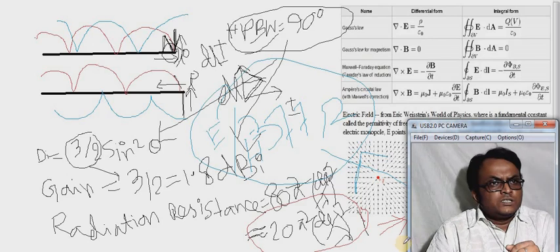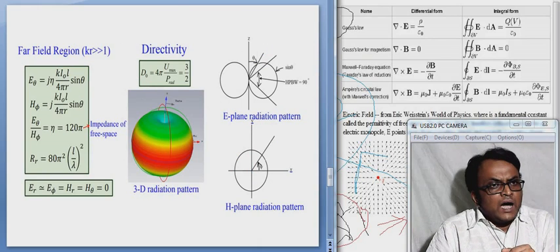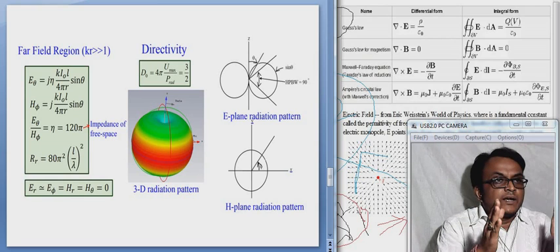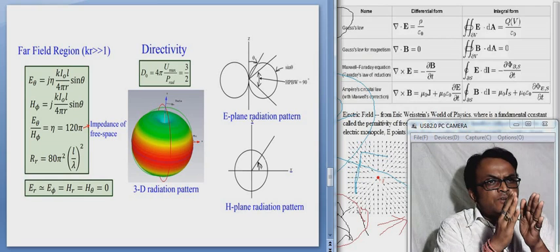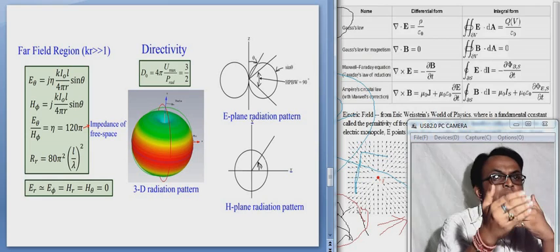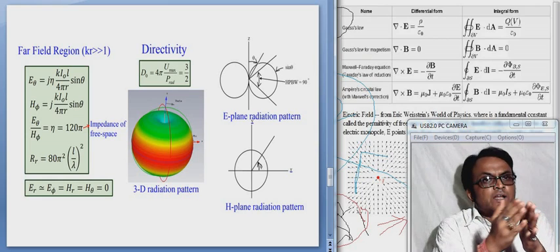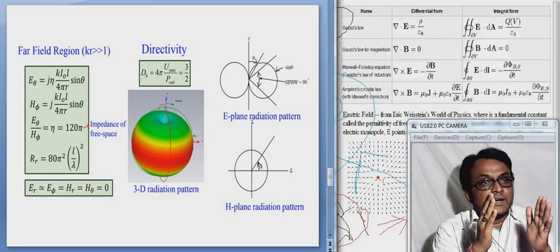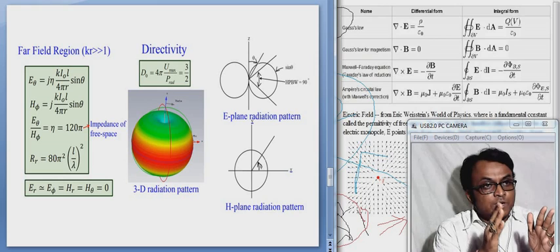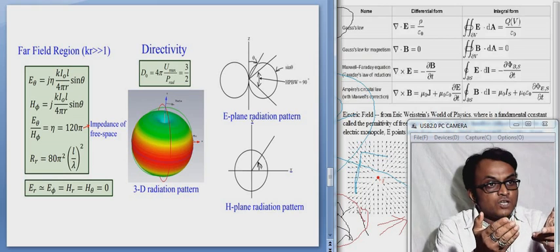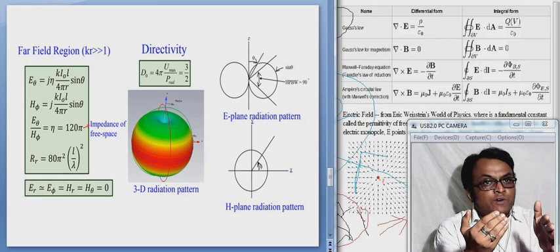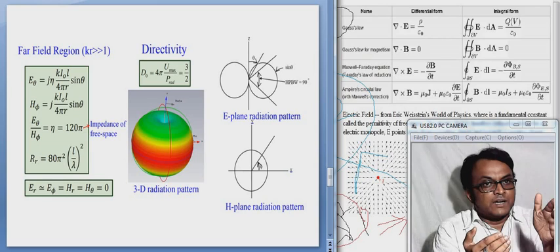So this infinitesimal small antenna is used in cases of analysis, where for any kind of antenna we have to take care of infinitesimal small parts and then sum them up to get the total radiation pattern, total radiation resistance, etc. So actually the infinitesimal dipole antenna is not practically usable. It is basically a representation for the analysis of the practical antenna, which will come in our next discussion on the practical dipole antenna, etc.